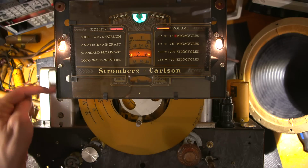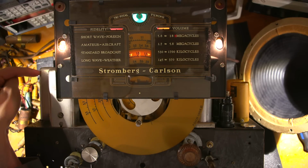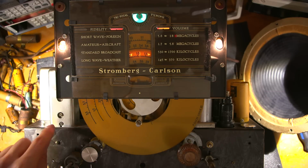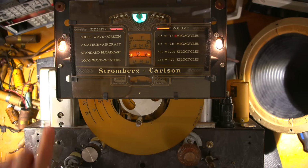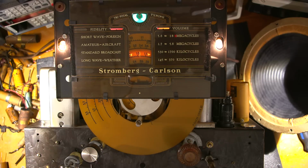So I have to tune these little adjustments here. There's an adjustment here and an adjustment at the top, and then there's one at this one here and one down here, and then there's another IF transformer as well. So these little adjustments here are what I'm going to be twisting. Let's see, actually, just for curiosity's sake, if these are live. So let's see. I'll grab my voltmeter here,